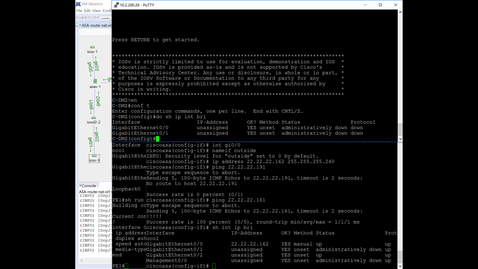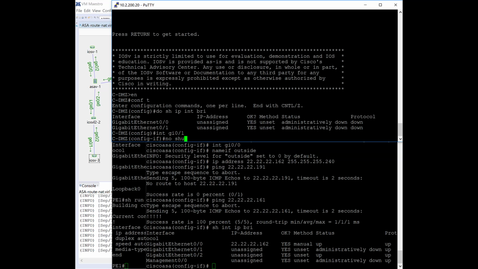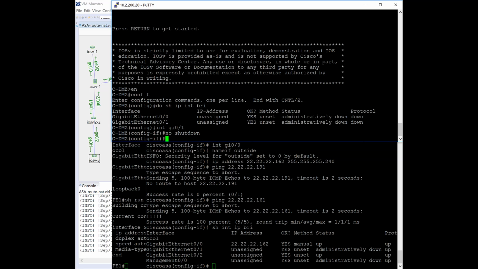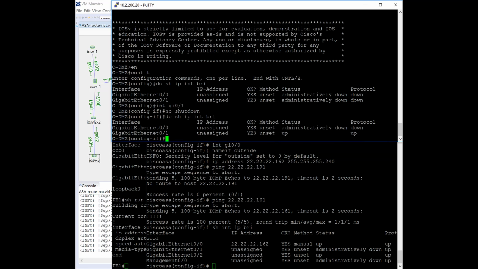Gig 0/1 is our interface we are going to be working with, so we will do a no shutdown statement on this device. This, of course, will turn up the interface, and we should be able to set connectivity